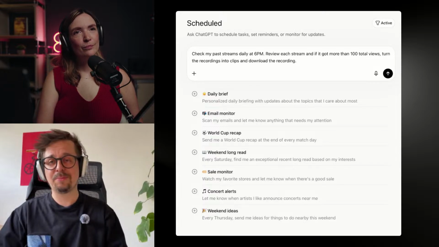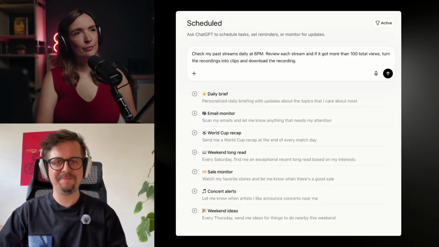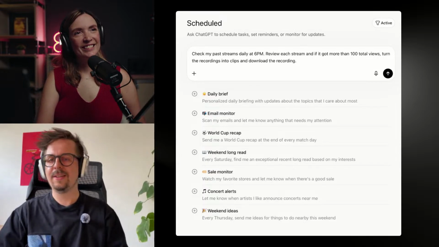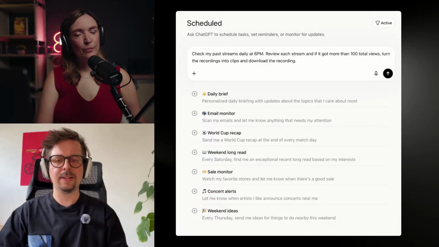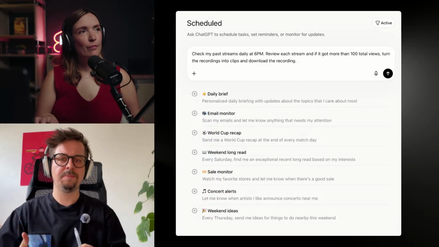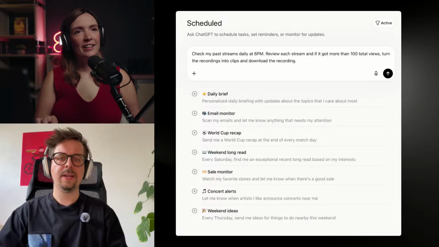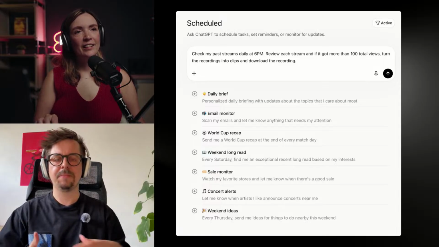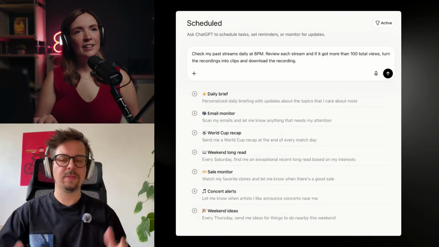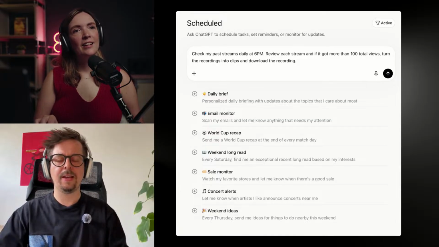And I think their product teams realized this early on, and fairly recently they added scheduling of jobs or tasks. This is a feature that's available both in ChatGPT and in Claude, and you can basically schedule any sort of task that can be automated and let it happen on a given basis, right?